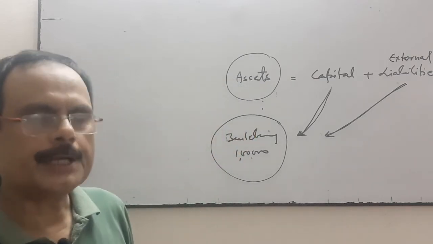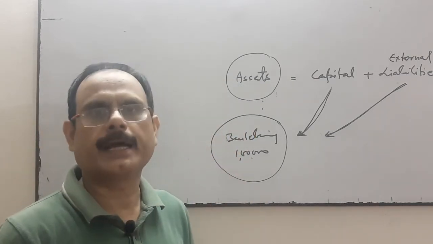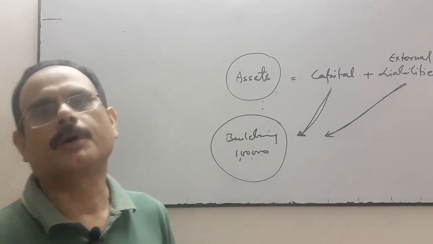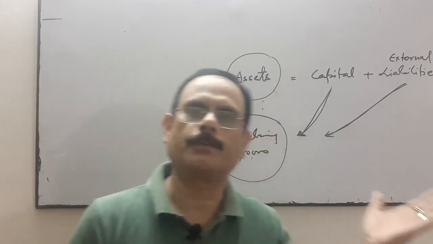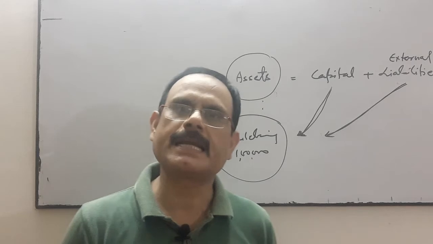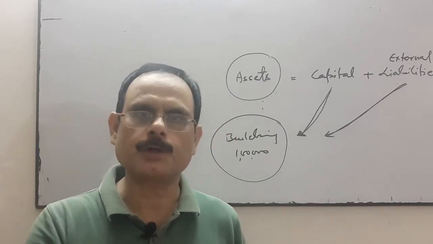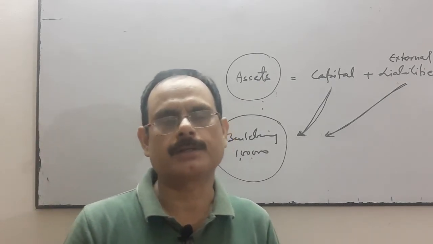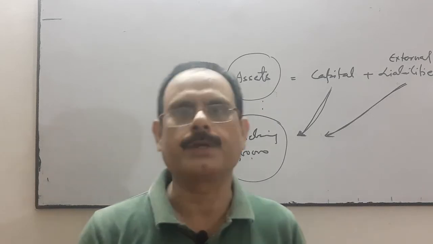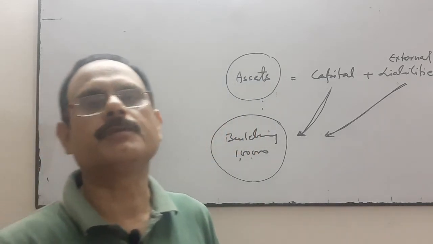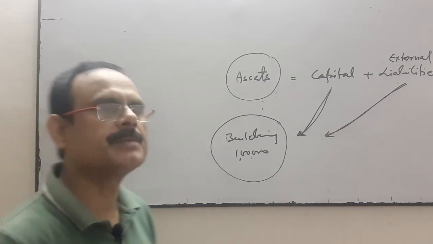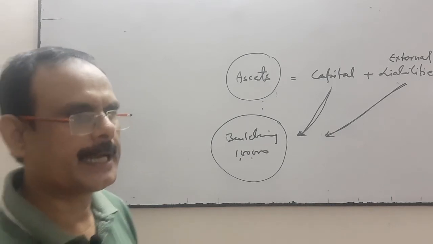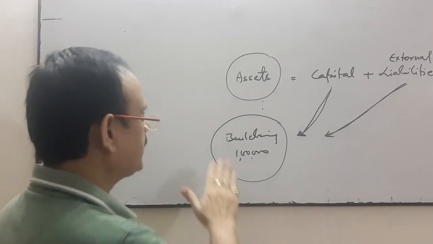So the accounting equation says that whatever assets we have, those assets are purchased or acquired by the business from the external liability or from the internal liability, which is known as capital. That's why every debit has a corresponding credit with the same amount. This is the base of our accounting. Dual aspect concept is the main base of our accounting. That's why our system is called the double entry system: every debit has a corresponding credit with the same amount. Okay.